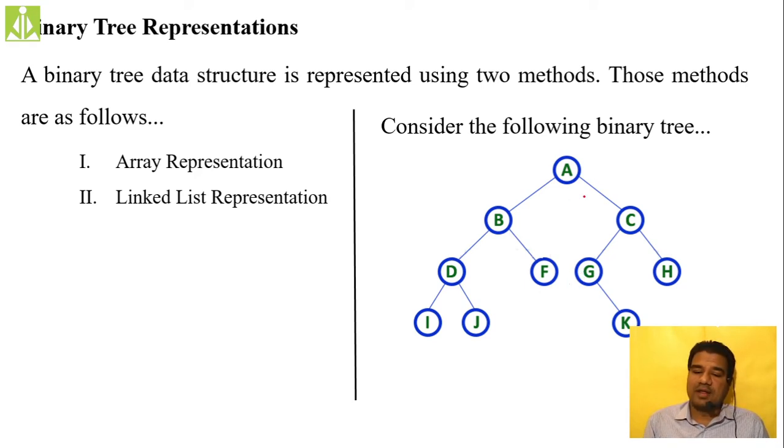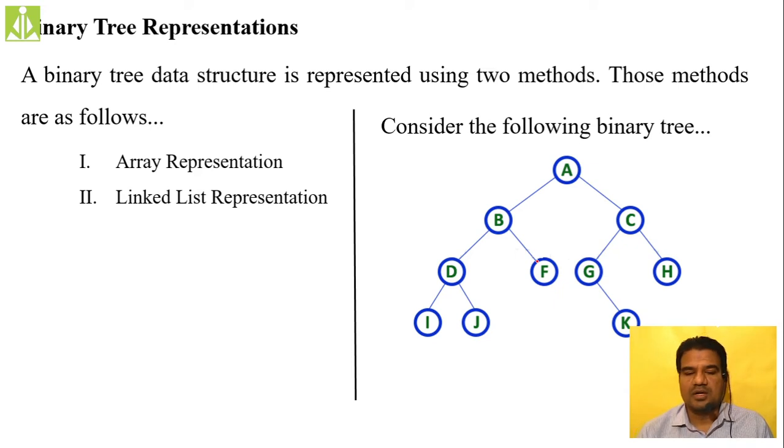Okay, and for A, the left child is B, right child is C. This is very important. Left child is B, right child is C. And for B, left child is D, right child is F. For D, left child is I, right child is J. And for F, we don't have any left or right children. For C, G is left child, H is right child. For G, we don't have any left child, but we have a right child, that is K. So in this way we can